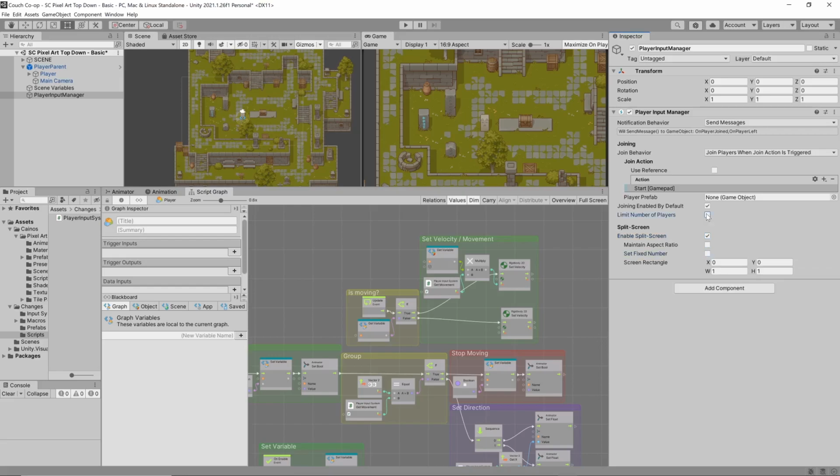Oh, I'm sorry. Yes, I'm going to limit the number of players to 2. I'm not going to set the fixed number on the number of screens, because it's going to keep it split if you set that. I am going to set the max player count to 2, or whatever, 4, whatever you have. Okay, so now that we have that set up, we're going to need to drag in our player parent, but